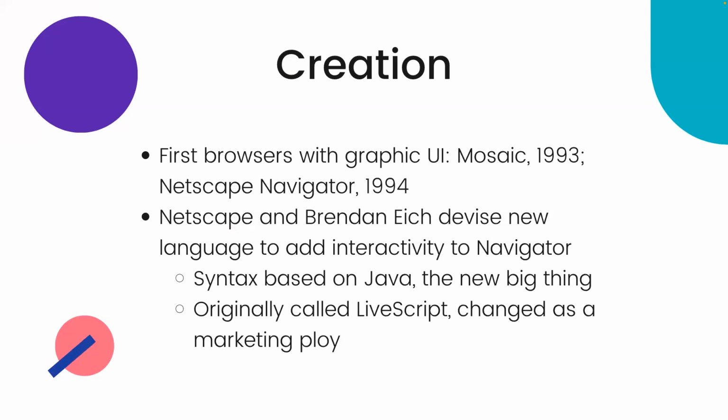I put in a history slide here just in case anyone's curious, but it's very old. That's the takeaway here. The first browsers that people were using with a graphical UI were in the 1990s. And at that point, the only thing you could do with a web page was create something static. So it was HTML and CSS together, and it wouldn't do anything. Everyone would get the exact same thing when they went to a URL.